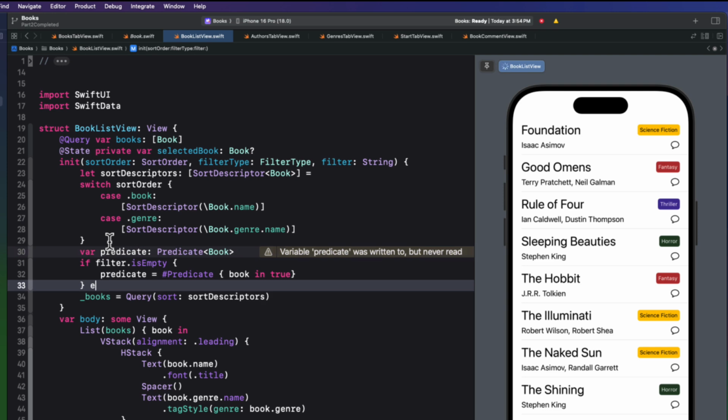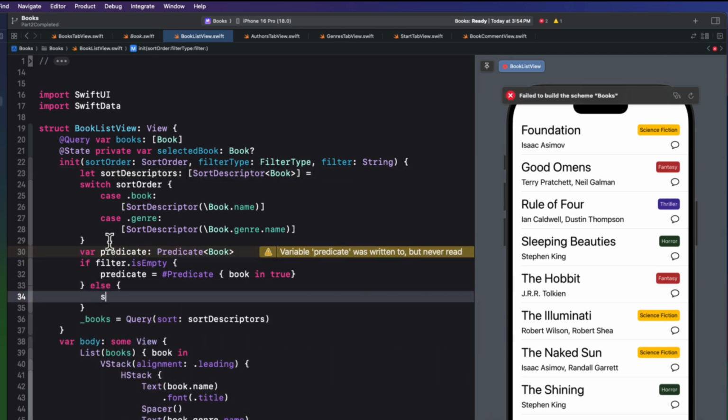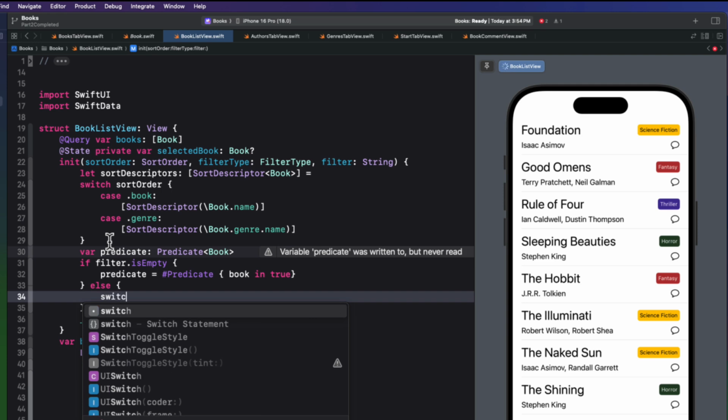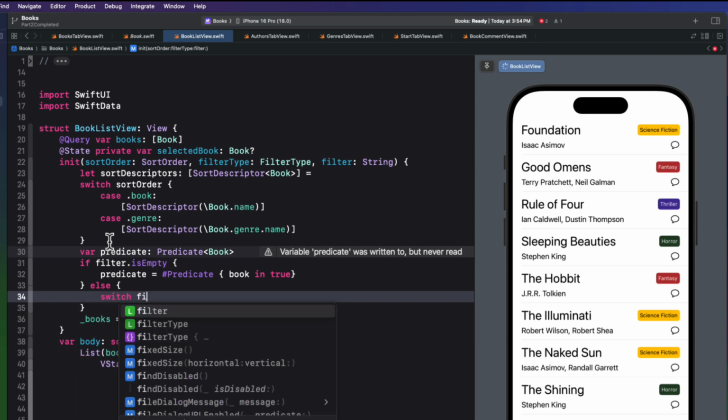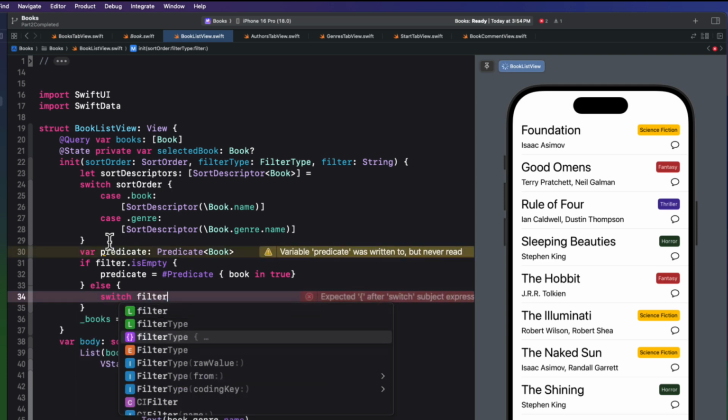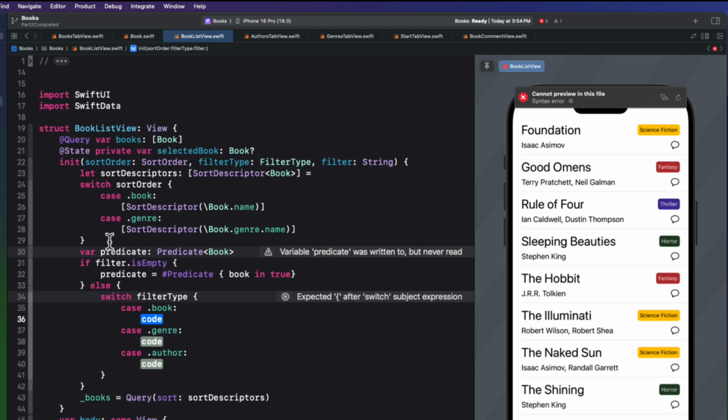Now, if the filter is not empty, we must switch on the filter type and create a filter or a predicate specific for that filter. So we let Xcode generate all three cases. Let's start with the two that we could always do before, and that is to filter on properties that don't